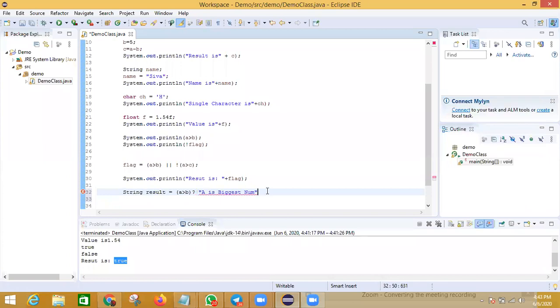A is the biggest number. Otherwise, we want B is the biggest number.